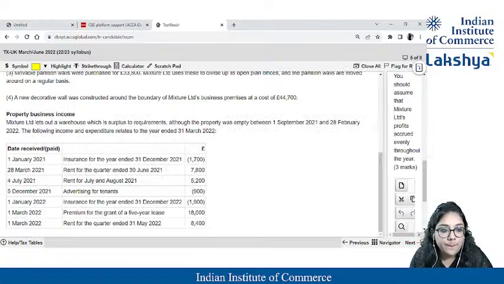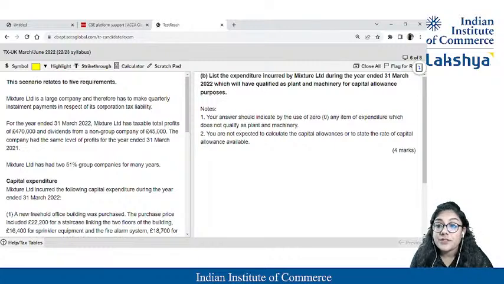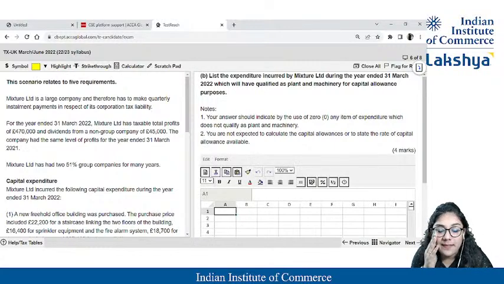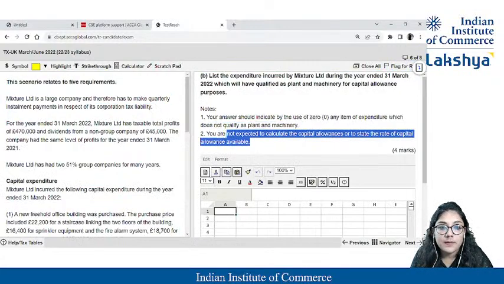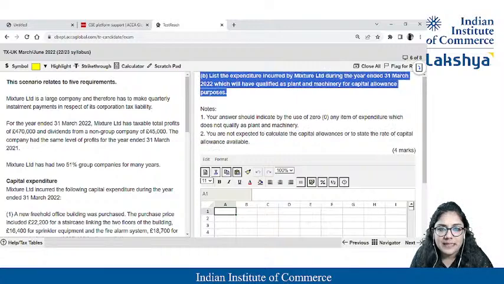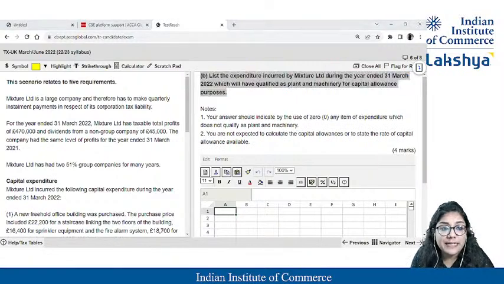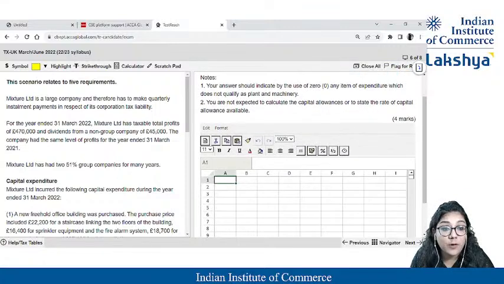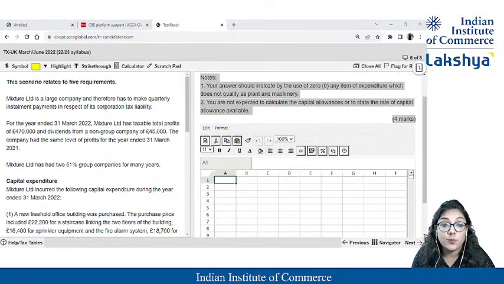Okay, so the next, students, again the same situation. Again this will be the part. I think it's visible now. List the expenditures for that. We will be listing the expenditures for that. That will be the fourth point, which carries how many marks, students? It is worth 4 marks. Students, this question is worth 4 marks.